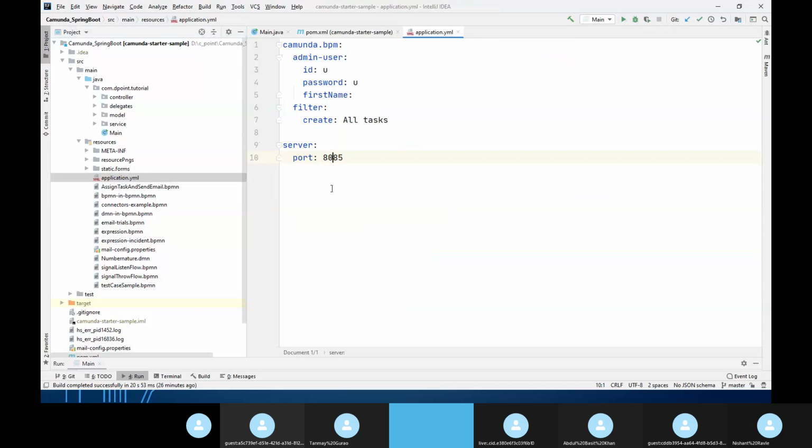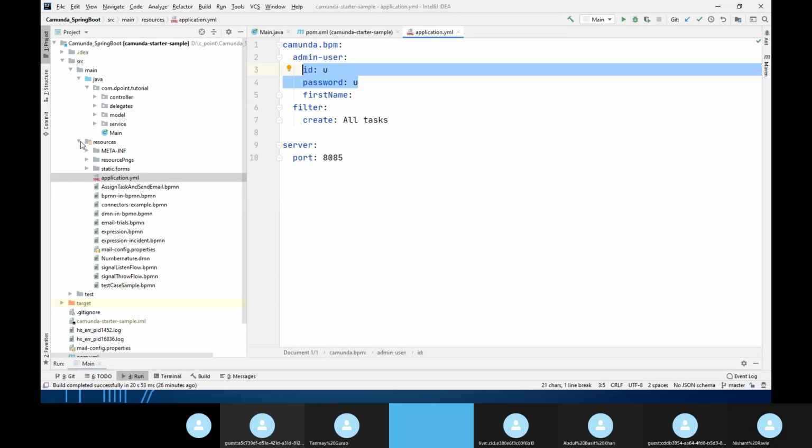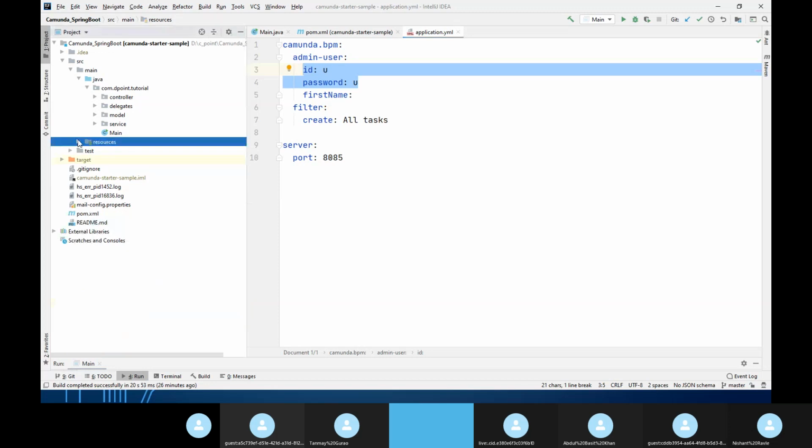Now if I go to application.yaml, you can see the username and password is defined here. So this is something generated for us, because everyone will have a username and password, everyone will have a configuration file, so such kind of thing is generated by default. So any doubt in here, like how to get this boilerplate code on which we are going to start the Camunda? Any query so far?